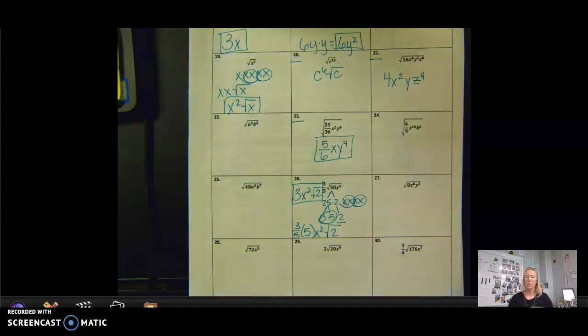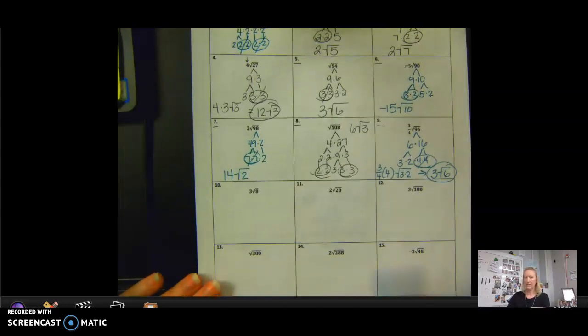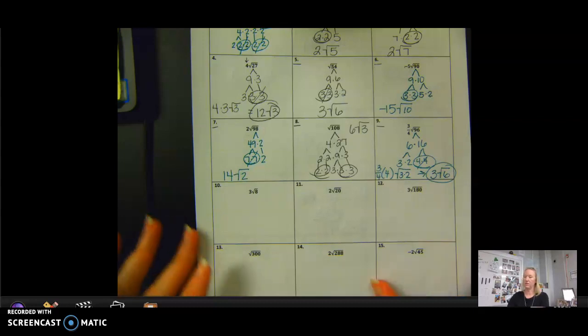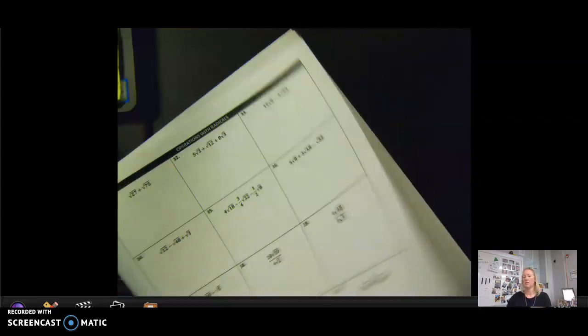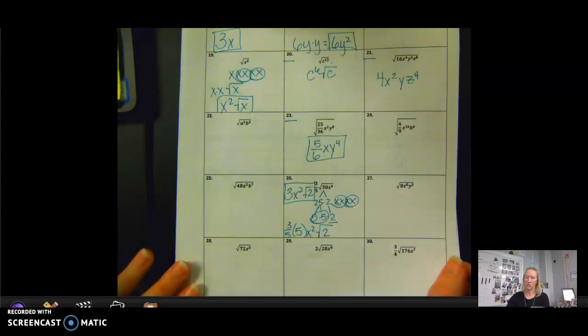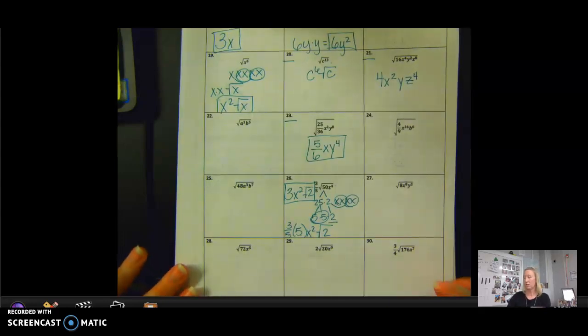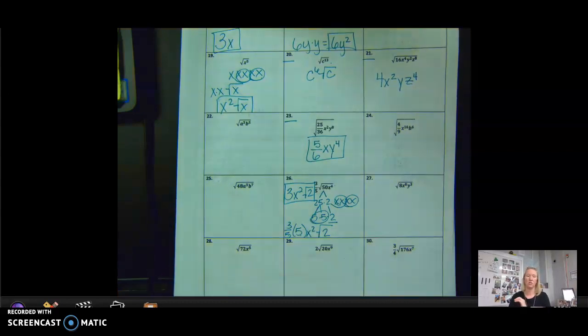Okay, what I want for you to do is on page 3, we did not do 10 through 15. So I need for you to do 10 through 15. And we did not do 22 through 30. I need for you to do 22 through 30. I'm going to put my answer key to those into Schoology. So once you've done that, I want you to check with my answer key. And then I want for you to complete the assignment in Schoology that goes along with